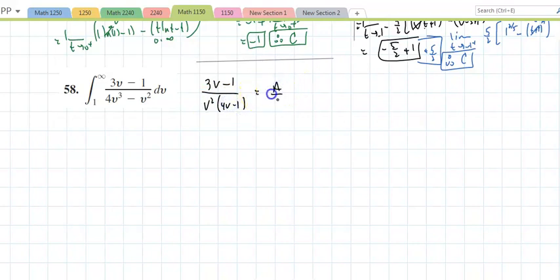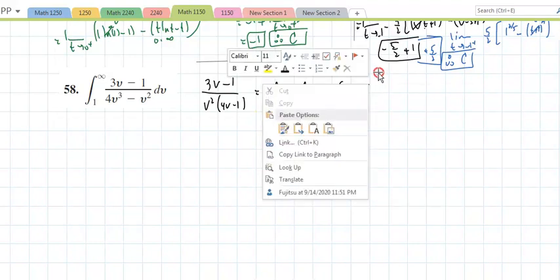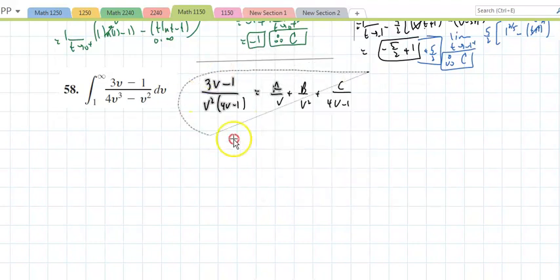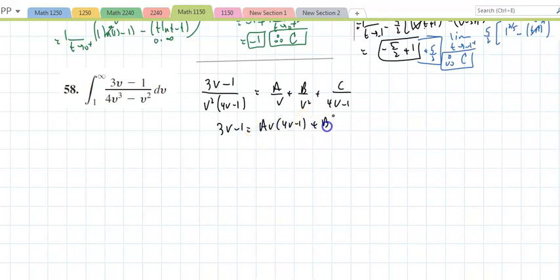That is a over v plus b over v squared plus c over 4v minus 1. Clear the fractions. Okay. Clear the fractions. 3v minus 1 equals av into 4v minus 1 plus b into 4v minus 1 plus cv squared,